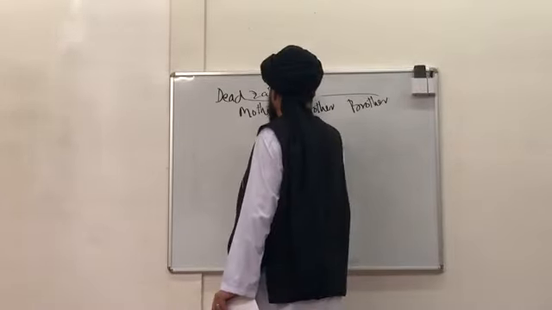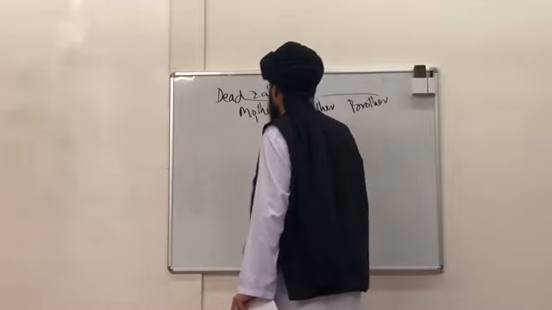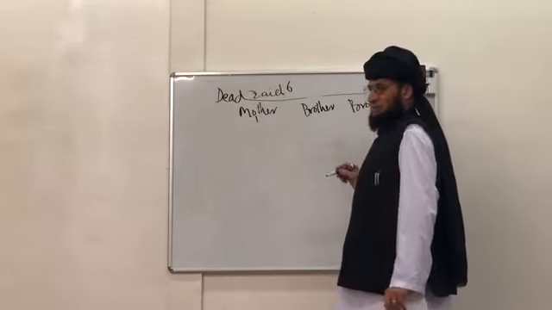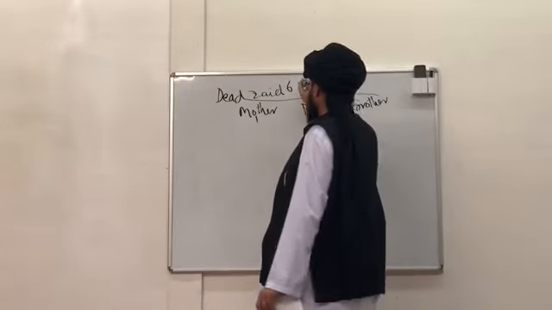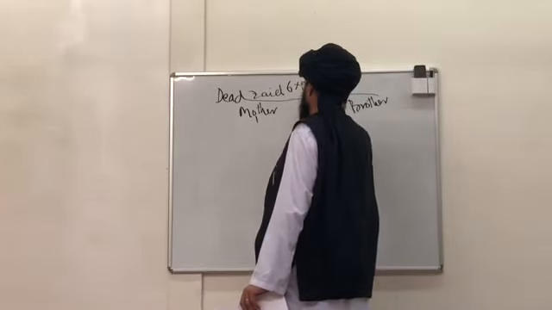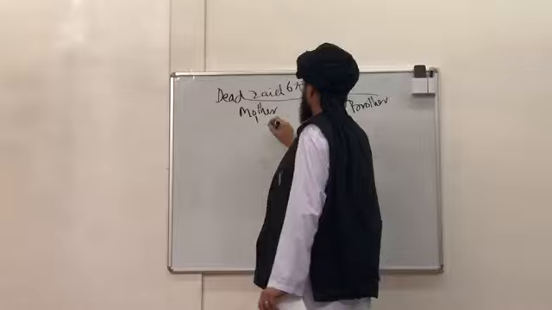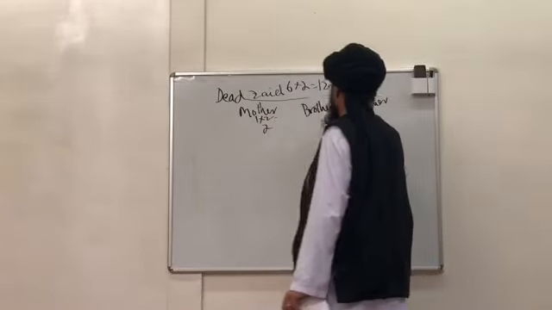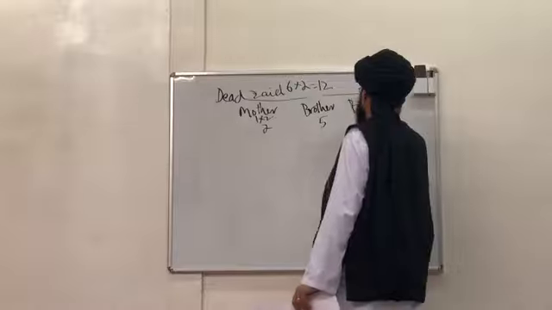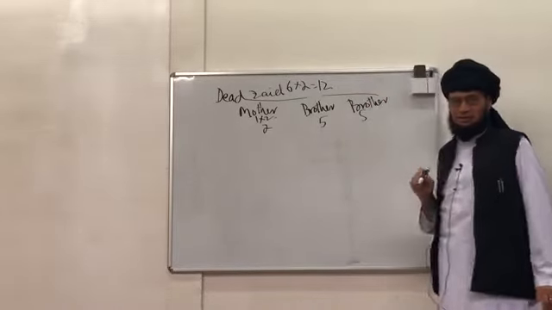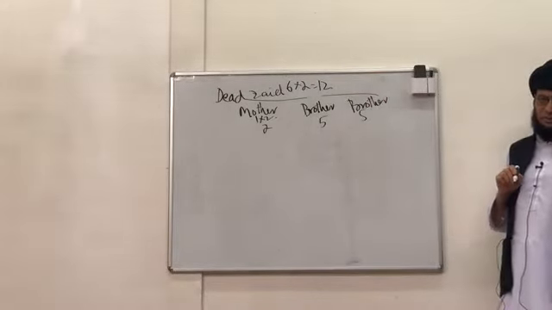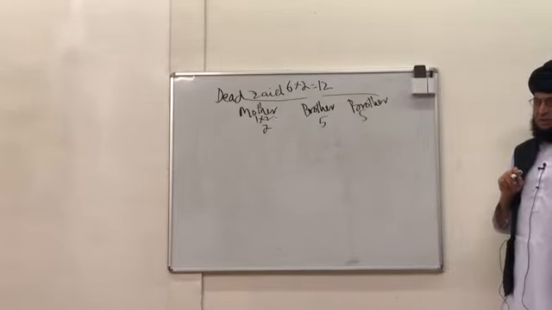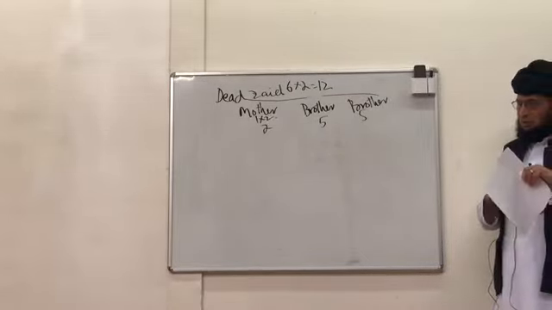So here, she will take 1, and the remaining 5 will go to the 2 brothers. But as fractions are coming, we will multiply it by 2. So the property would be made into 12 portions. 2 will go to the mother, which is 1/6 of the property,